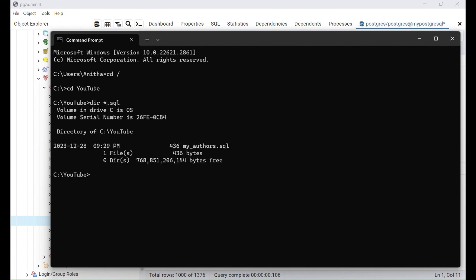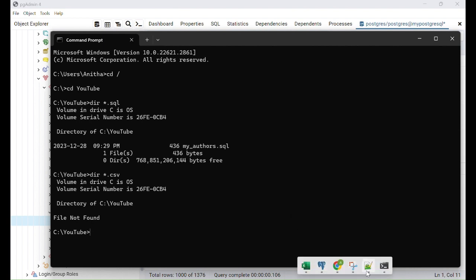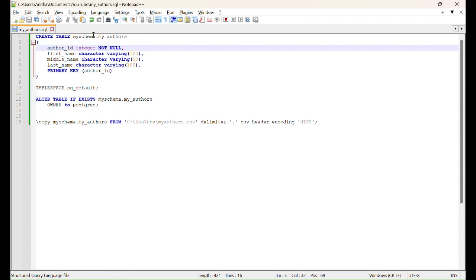So this is my SQL file. You can see the script that I had while creating in pgAdmin, I just stored the script as SQL, and this is the SQL file. If you go here, you can see the CREATE TABLE statement, which is actually creating the table,